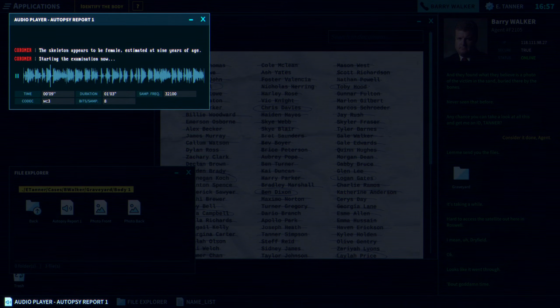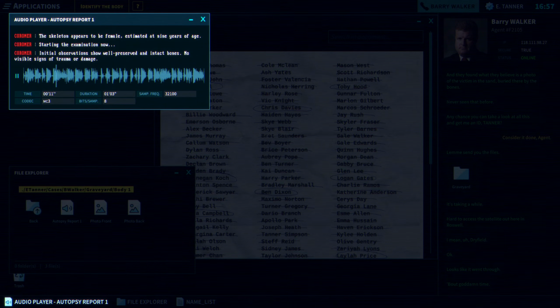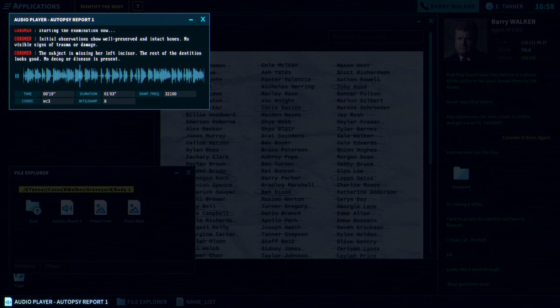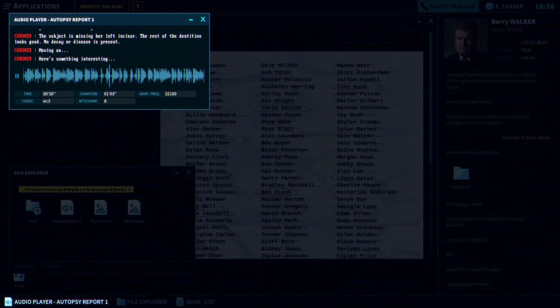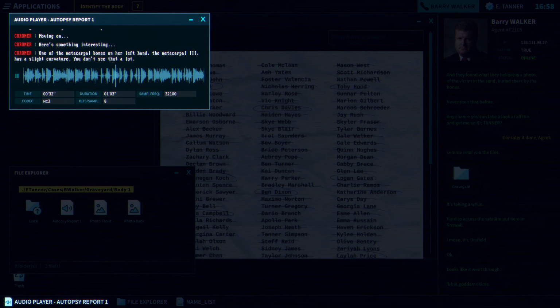Starting the examination now. Initial observations show well-preserved and intact bones. No visible signs of trauma or damage. The subject is missing her left incisor. The rest of the dentition looks good. No decay or disease is present. Moving on. Here's something interesting. One of the metacarpal bones on her left hand, the metacarpal 3, has a slight curvature.